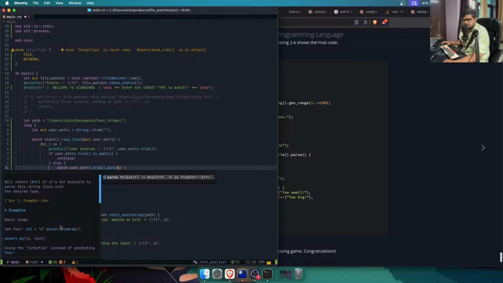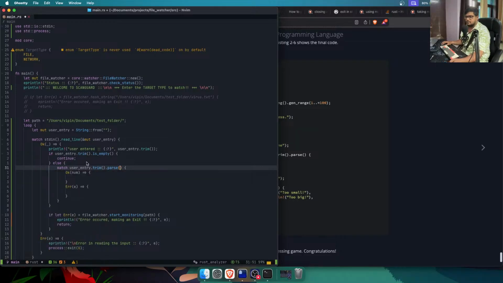So if I do this parse and unwrap, then for 4 it is an error. Okay, so it will throw an error. So we can say it is empty. Oh, sorry. If it's a number, we will say